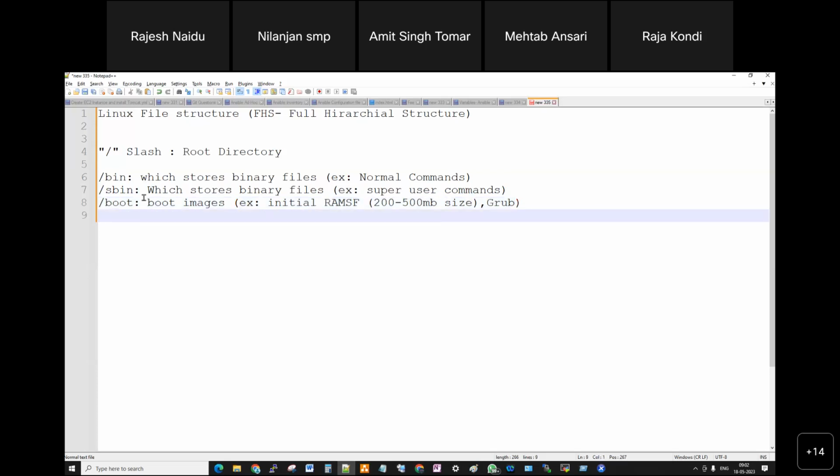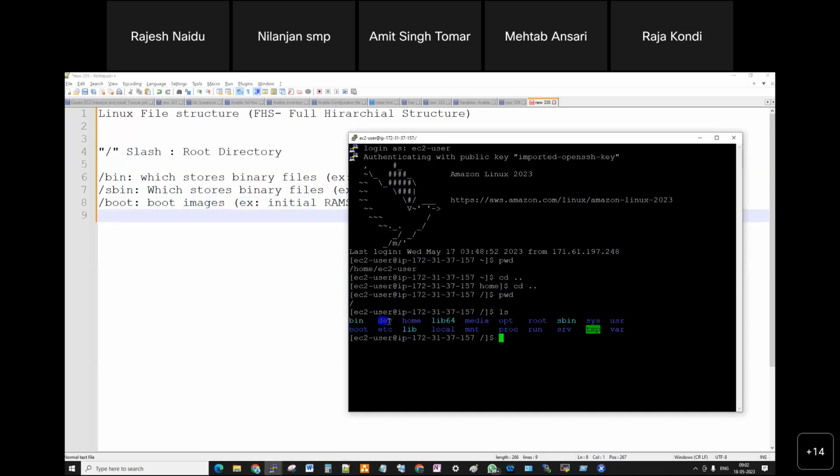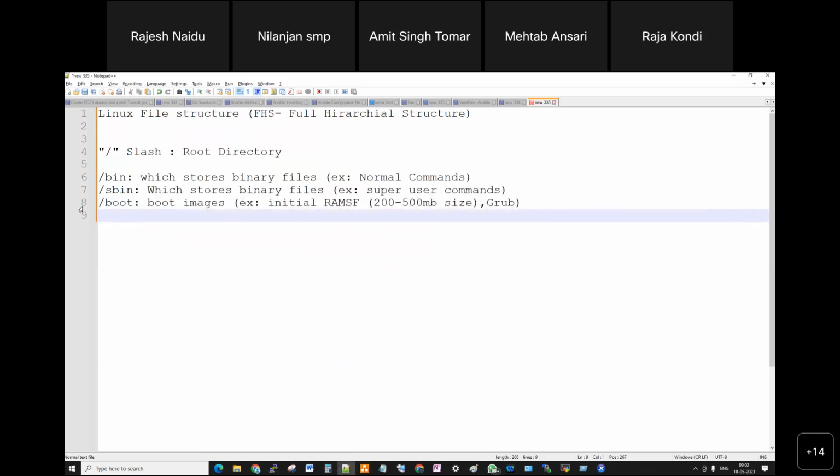So the next file is /dev. What is the meaning of /dev? It is a device file. So what type of devices are we using in our system?